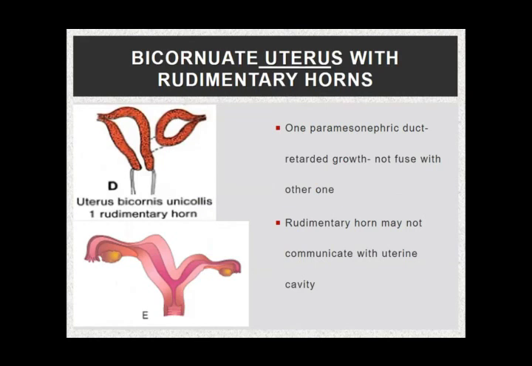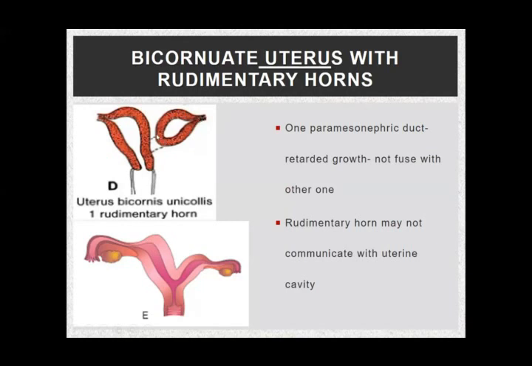This is a bicornate uterus with a rudimentary horn. इसमें क्या होता है कि two paramesonephric ducts, they should have fused, they did not fuse. One horn grows normally, the other horn is not properly developed, growth retardation हो जाती है यहाँ पे. They do not. अच्छा, अब इस केस में there is one condition in which the horn does not